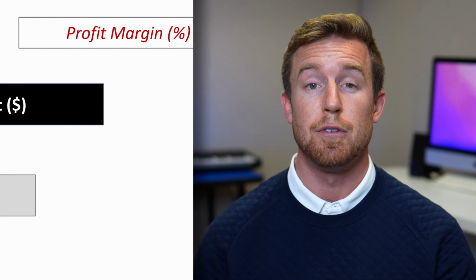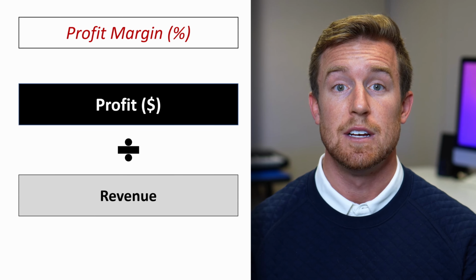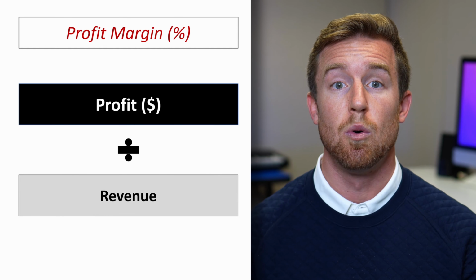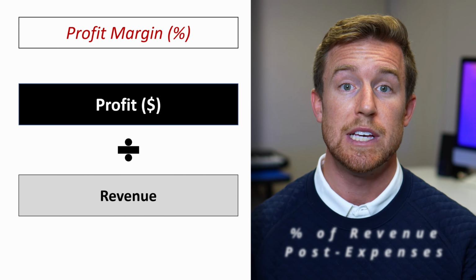A very simplified example, but intended to illustrate the mechanics of calculating the break-even point for a business with fixed costs and a fixed contribution margin for a single product. The last idea to understand is our profit margin. Profit margin is equal to our profit divided by our revenue, or the percent of our revenue that we keep